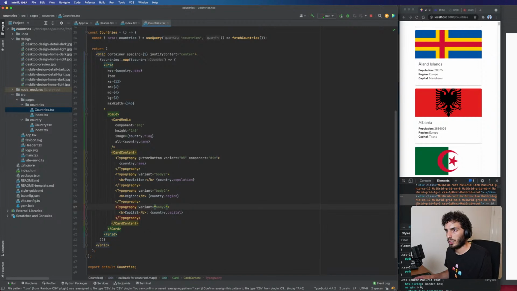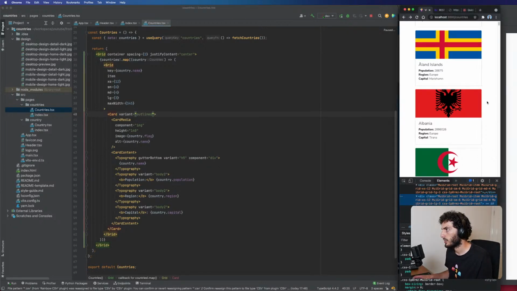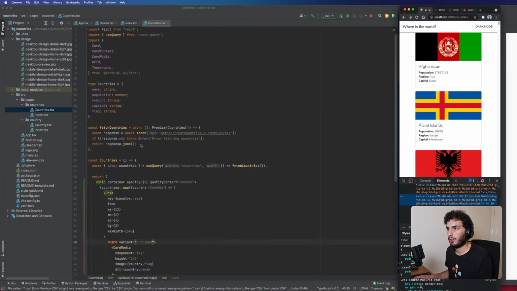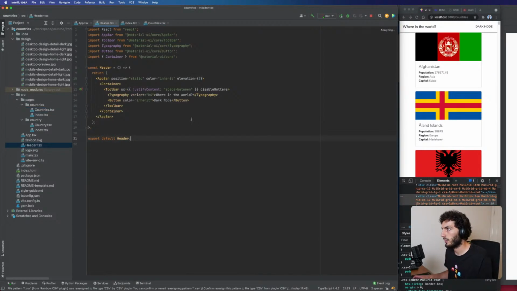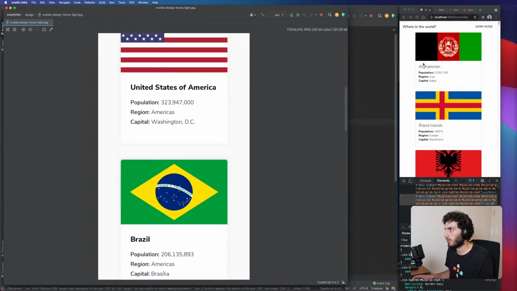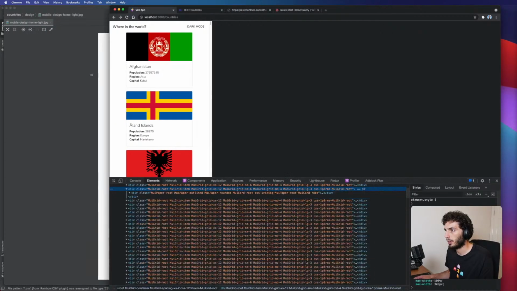And let's change this card actually, because I'm not a big fan of these ones. Get a variant, and I think I like the outlined ones. I'm not a big fan of the shadows. And in the header, I'm actually just going to remove the elevation completely. It won't look exactly like the designs, but that's fine. So that's that. I think that's close enough to this, and then we have when it's bigger,